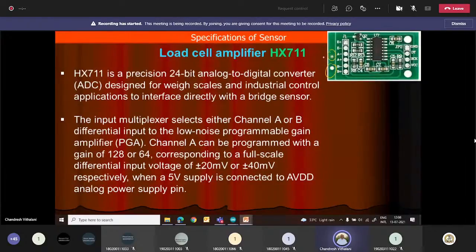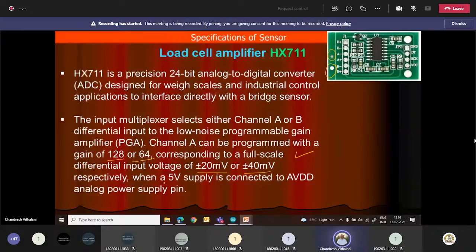So you can select any channel with the help of the multiplexer inside it. Channel A can be programmed with a gain of 128 or 64, so programmable gain is also provided. For differential input, it can operate with plus or minus 20 millivolt or plus or minus 40 millivolt respectively. So if the input is 40 millivolt full scale, then normally we set the gain to 64. And if the input is 20 millivolt full scale, then it is set to 128.